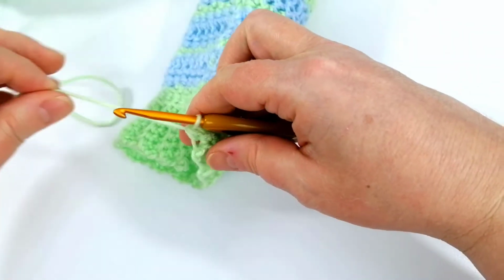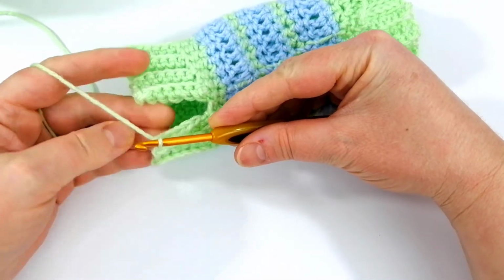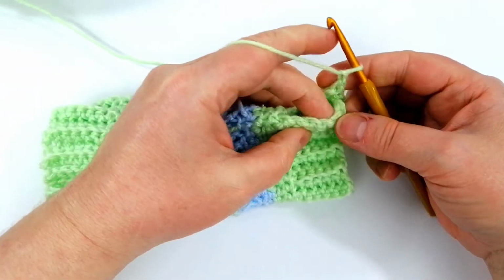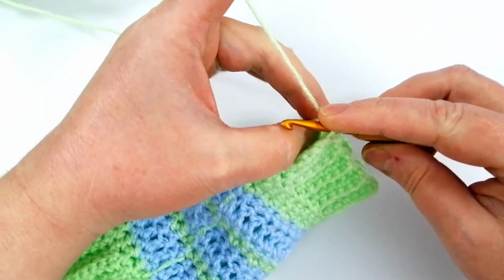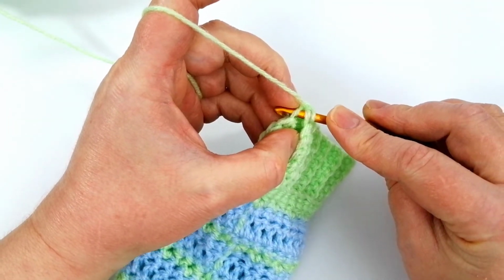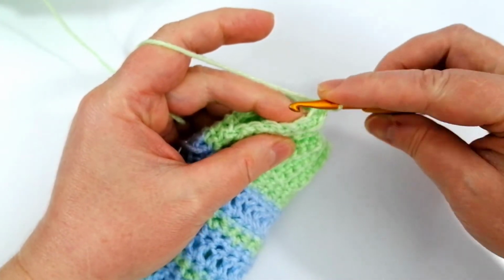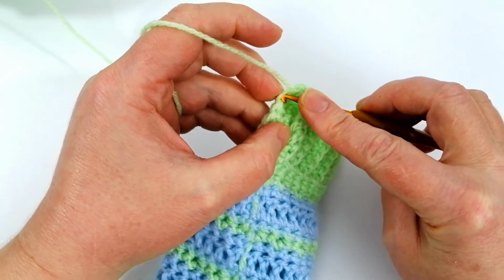So what we're gonna do is we're gonna do the same thing as we did before. So we're just gonna chain 1, and we're going to find the free loop here, and then we're gonna slip stitch that to the last front loop there. We're just going to do that all the way across. Find the free loop, front loop there,